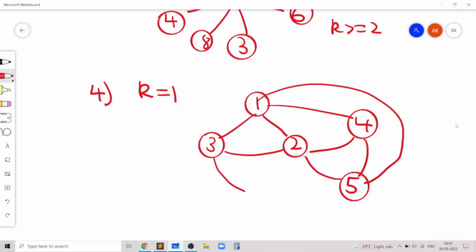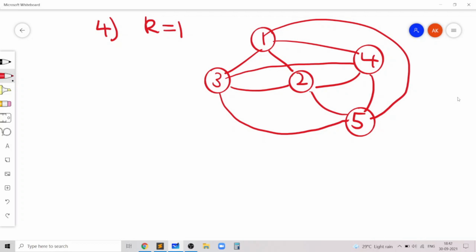That's why we need to connect them. And similarly, we need to connect 3 and 5. And in this manner, we always need to keep connecting nodes which are not directly connected. And that's basically the reason why all pairs of nodes should be connected. And since there are n choose 2 pairs of nodes, or basically n into n minus 1 by 2 pairs of nodes, we need m to be equal to n into n minus 1 by 2. So this is the condition which should be true when k is 1.